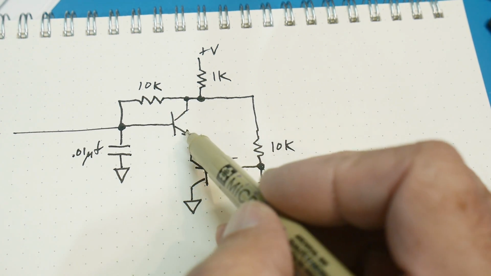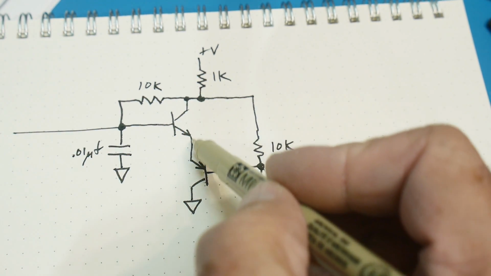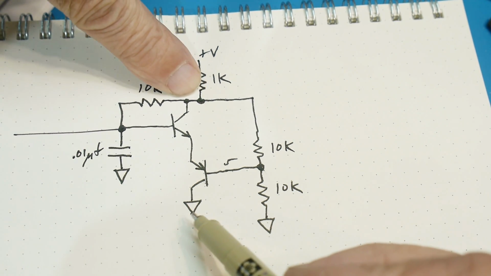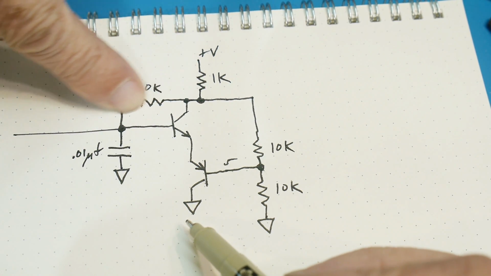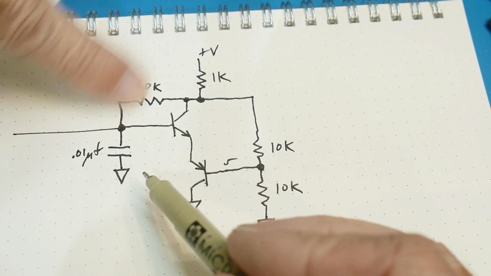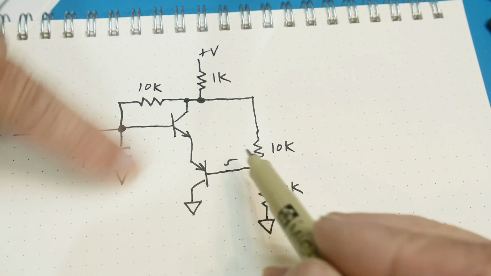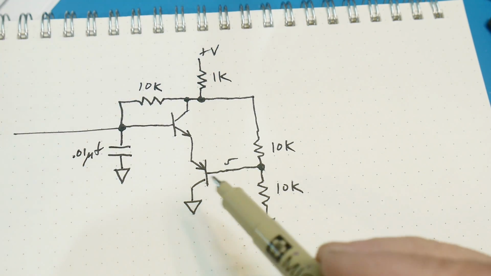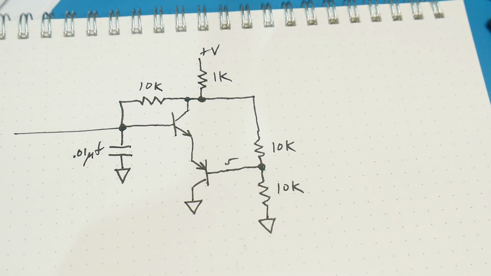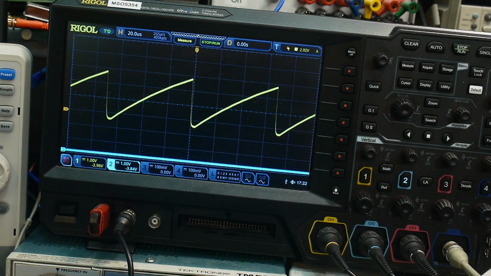And this will conduct, and so we'll have this conduction here to ground, and that means this voltage will go to ground, and that will discharge this capacitor through this resistor. So we will discharge that capacitor, and then once everybody's happy, it'll start charging up again, okay? And so you can sort of see that here. We have the discharge, or where we start out at 0, and then it's going to ramp up,